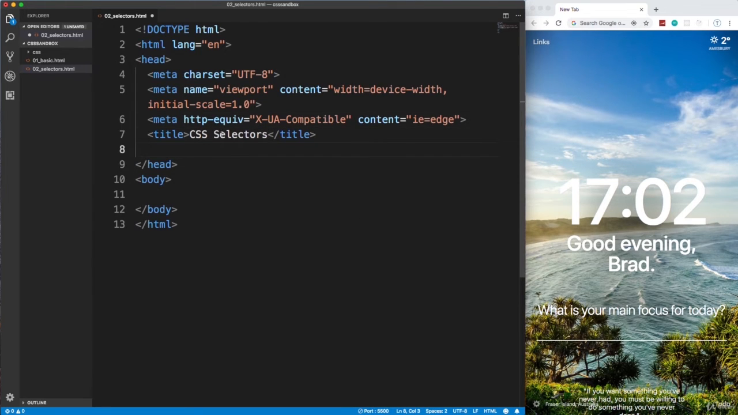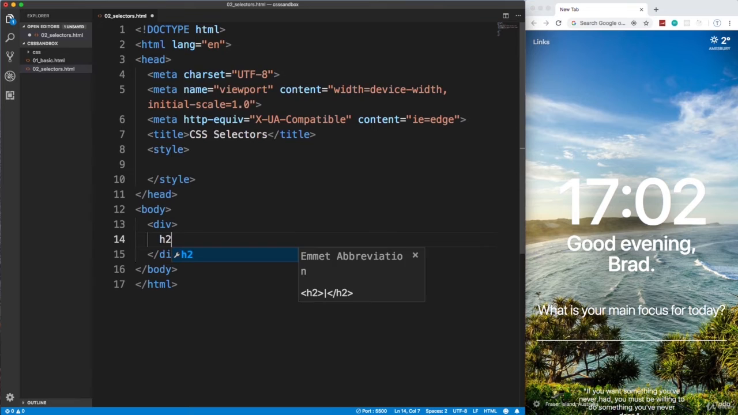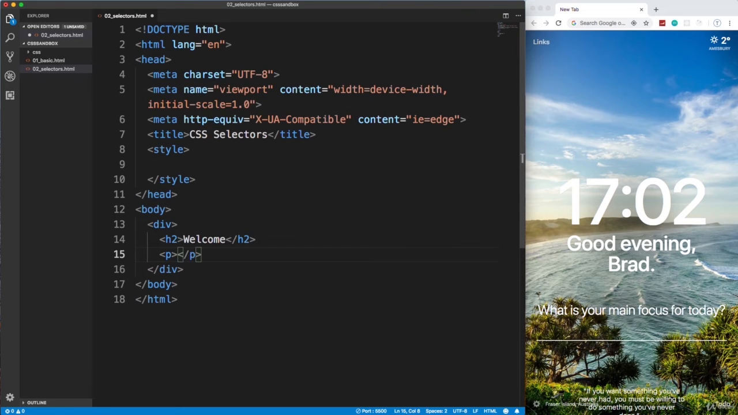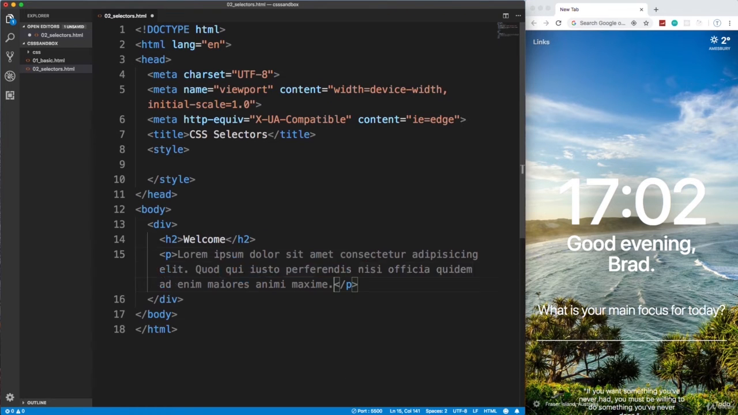And we're going to put in some style tags here. Okay, and then as far as the body, I'm going to just put in some simple HTML. We'll have a div, and inside this div, let's do an H2. We'll just say welcome, and paragraph, let's do lorem 20 tab, and then let's do another div, and we'll do